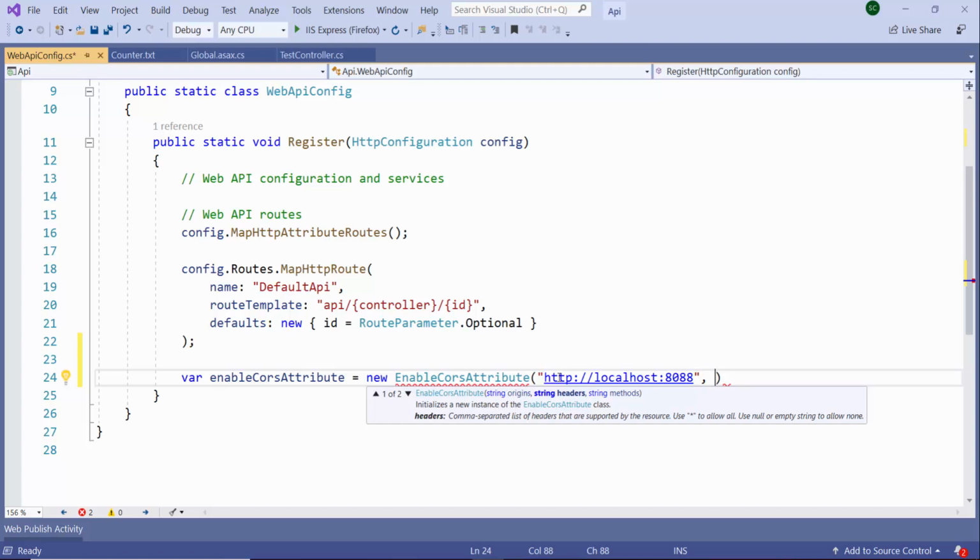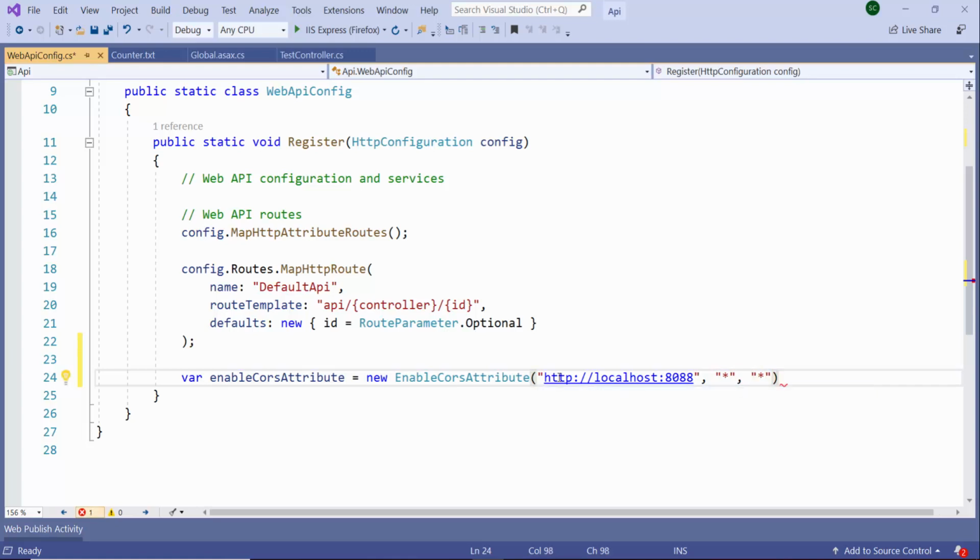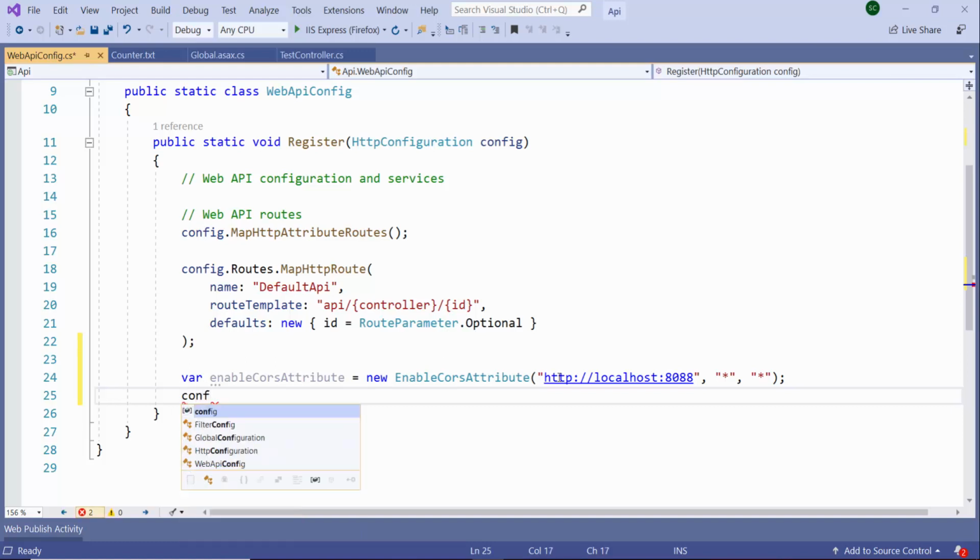Great. It says what headers do you want to allow? I'll say it doesn't matter what headers this domain sends me. That's fine. Let them send all kinds of headers. I will allow all of them. What methods do I want to allow? I want to allow all methods from this domain. And then you add this attribute to the HTTP context or the HTTP environment. And the way to do that is, I'll say config.EnableCors, and I'll supply to it